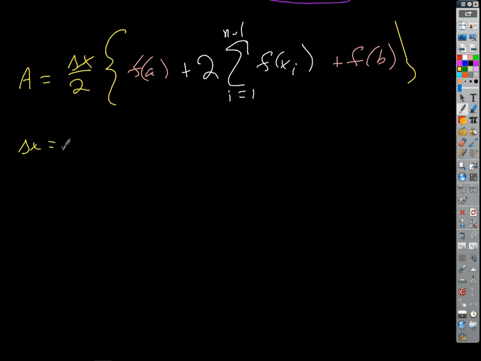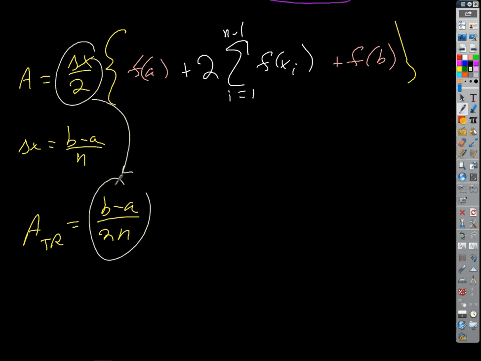Okay, so b minus a, the width of the interval, divided by the number of subintervals, right? b minus a over n. So then we could say trapezoidal rule. This becomes b minus a over n times, with 2 on the bottom, just 2n, right? That's what all this stuff becomes, right? Okay, times